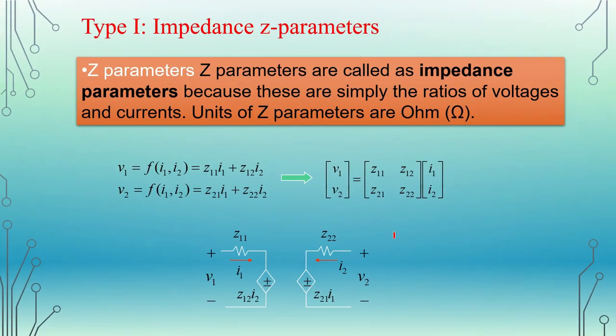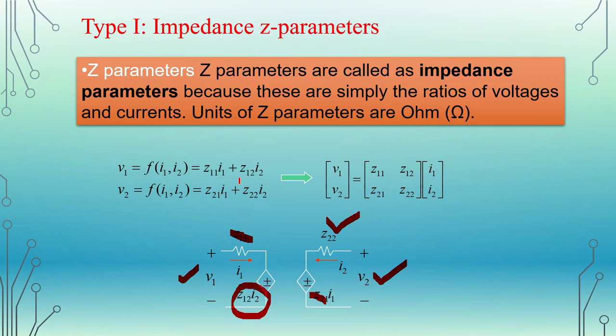Let us check it in the diagram. Say this is the input side Z11, the complete part of input. Z22 is the complete part of output. In Z11, I1 is flowing, in Z22, I2 is flowing. These are the sources. Input is V1, output is V2. So V1 is a function of I1 and I2, because for I2 here we are taking the transfer function which is part of input as well as output. Z12, that is impedance from 1 to 2. This is port 1, this is port 2, and this one is, sorry, part of port 2 to 1, right?